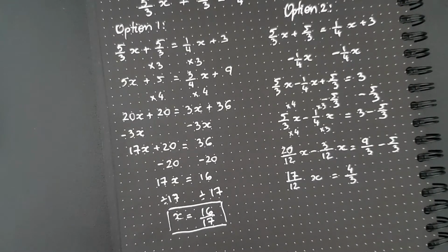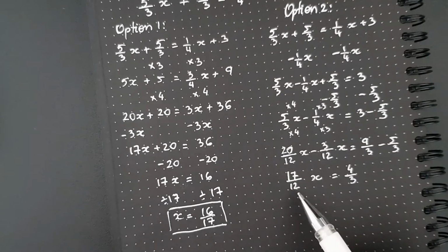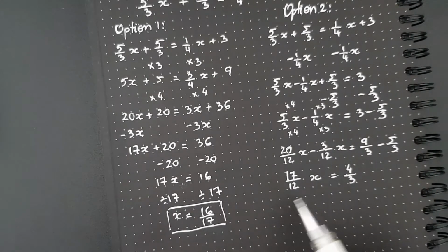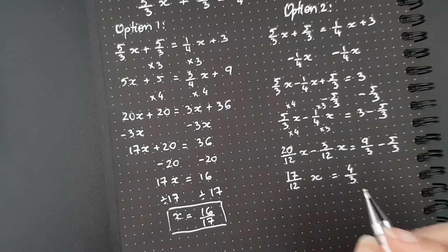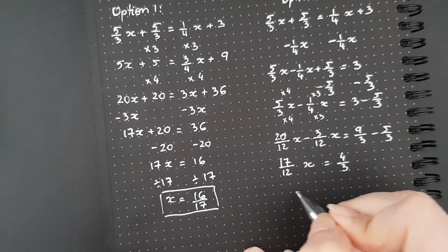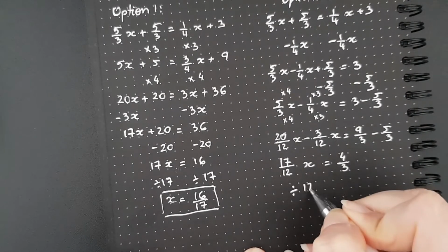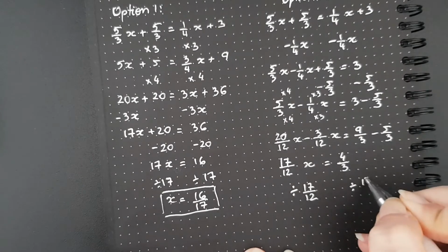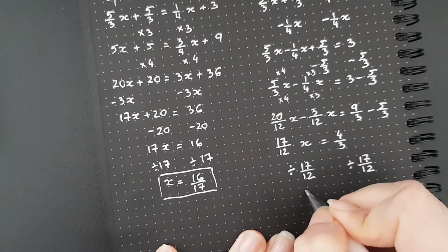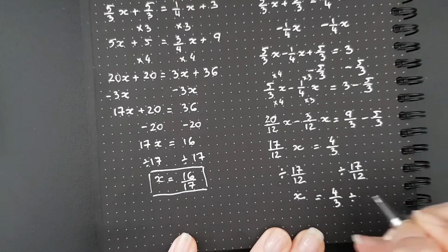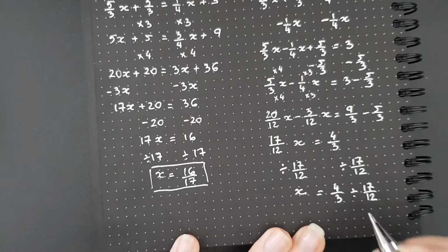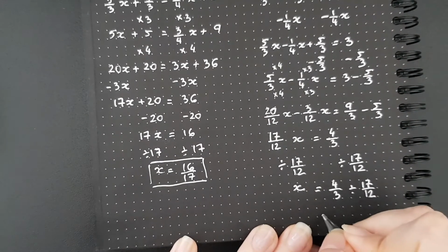Okay, so what do I want to do? Again, I have so many possibilities here that I'm very excited. I can just multiply by 12 on both sides, see what I get. I can actually just divide by 17 over 12. And because I've been playing with fractions all the way, let's just divide straight away by 17 over 12. So this gives me x here, and now I need to be very careful. So 4 over 3 divided by 17 over 12. Now I need to be careful with that because this is the same as,